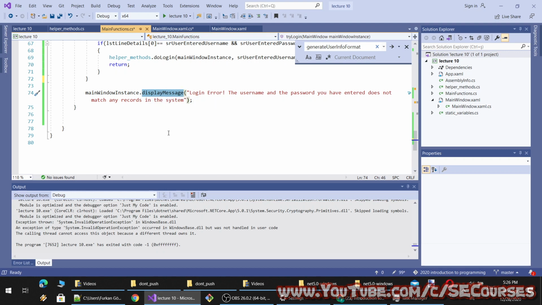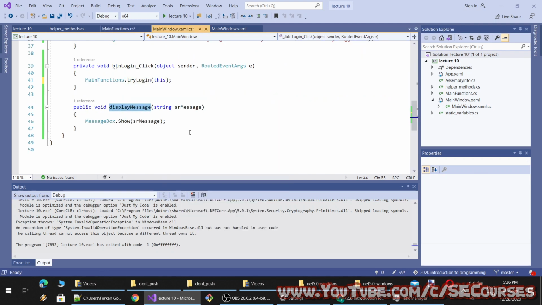Whenever it is possible, you should make methods for doing things, because let's say you wanted to change the format of the displayed message, then you would have to modify everywhere. However, if you display them inside a method like here, let's say you can add some message here and it would affect all of the messages that are being displayed from this method call. Therefore, using methods is the best approach.